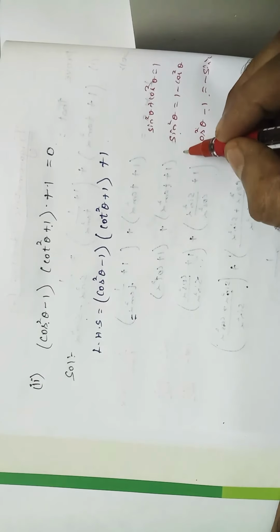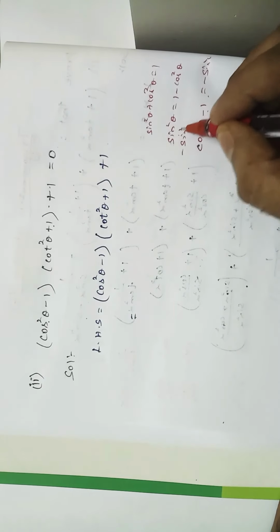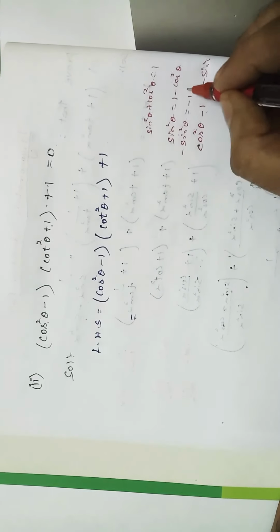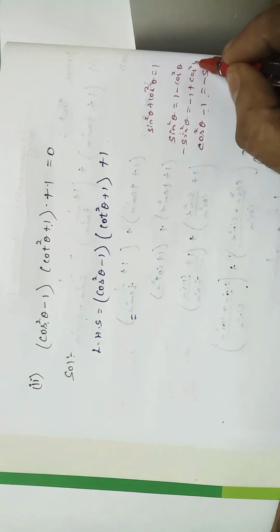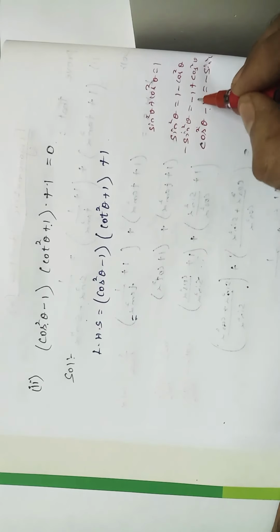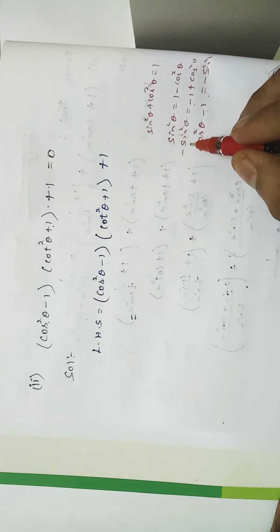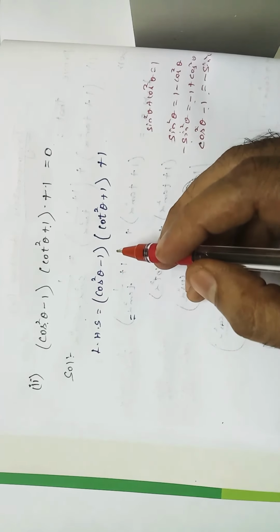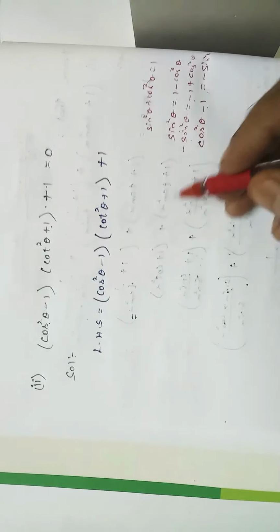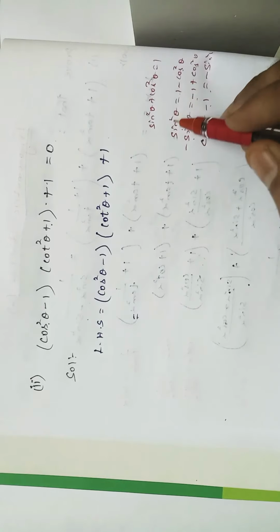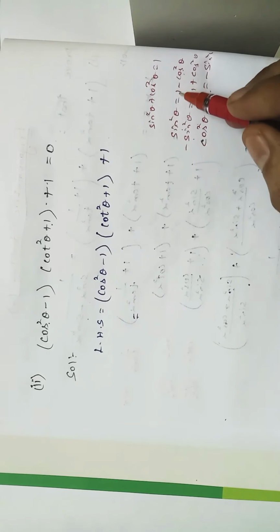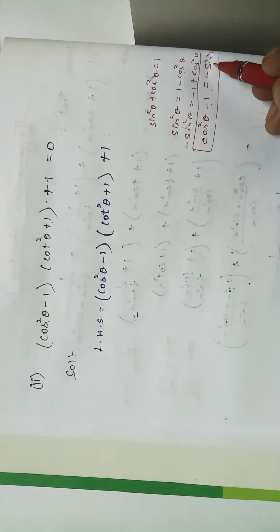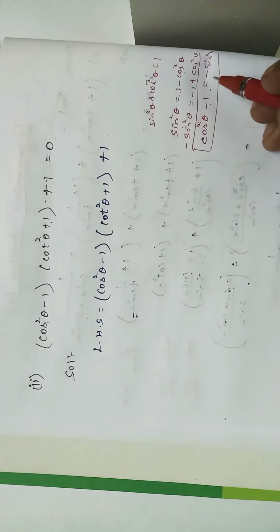So sin square theta into minus sin square theta. Minus into plus, minus 1; minus into minus, plus cos square theta. So cos square theta minus 1 is equal to minus sin square theta. See, if the places are changed, the symbol changes, plus will become minus. So already we know that 1 minus cos square theta is equal to sin square theta, and cos square theta minus 1 is equal to minus sin square theta.